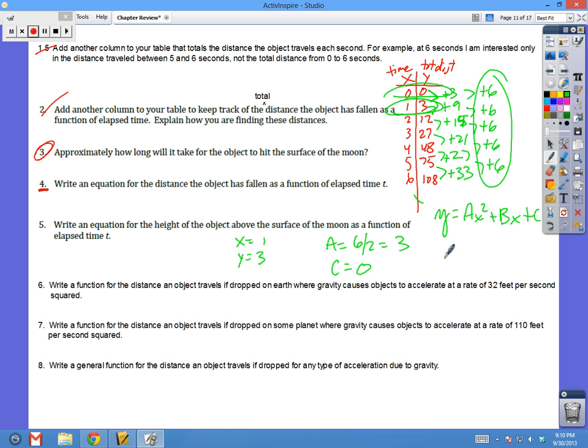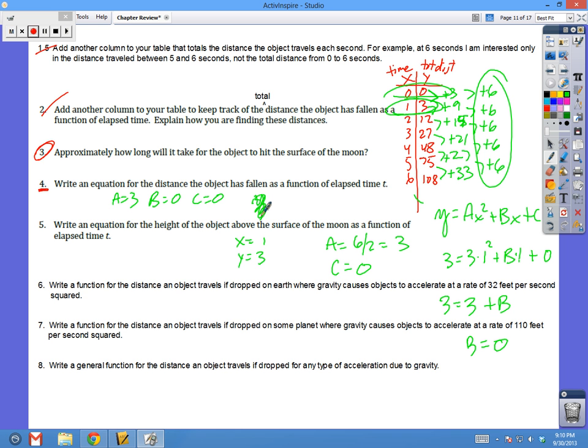So y is 3, a is 3 times x squared, x is 1, so I plug in 1, leave b a variable, b, x is going to be 1, so b times 1, plus c is 0. So we simplify that, we got 3 equals 3 plus b. That means b must be equal to 0. So if b is 0, a is 3 and c is 0, my equation, a is 3, b is 0, c is 0,